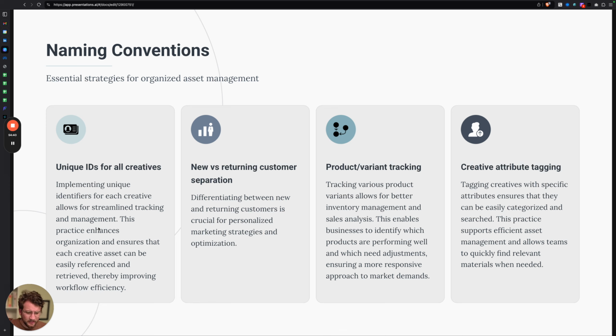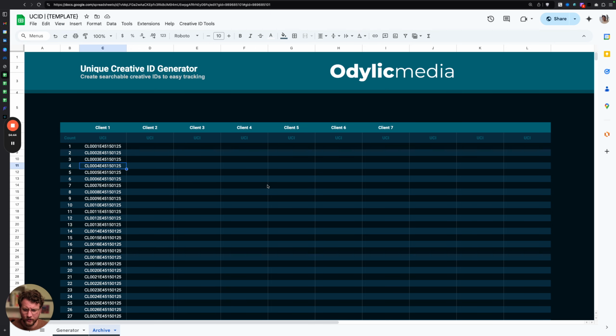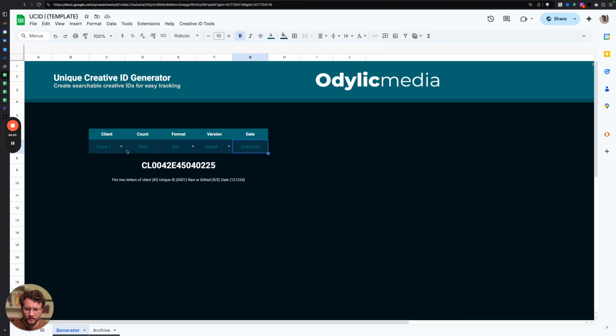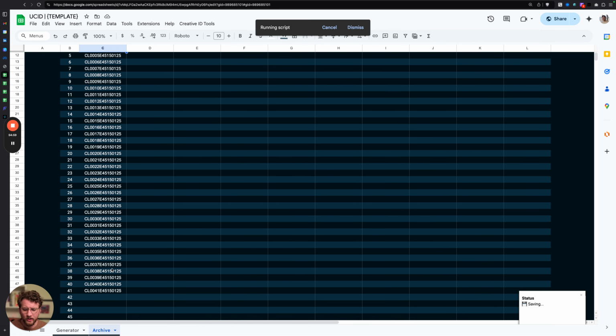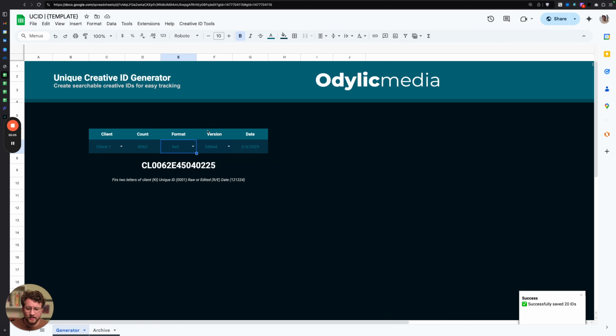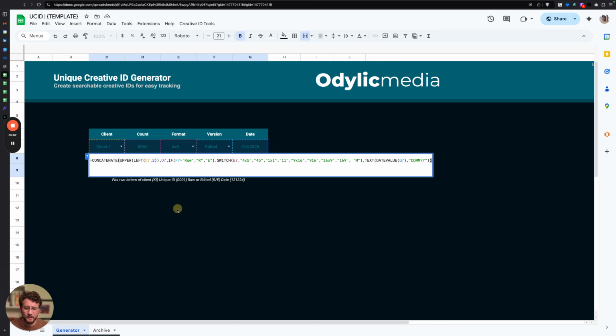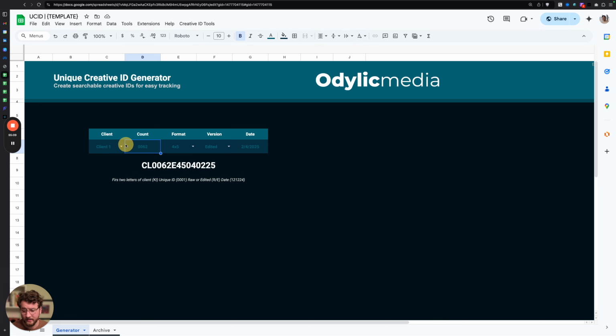Okay. Now, let me share these tools with you really quickly here. First, we have the unique creative ID generator. All this does is it takes inputs from the drop-down menu. We have a custom app script here. You can save the creative ID, or you can bulk save it, and then it'll add it to your archive, and then you can just take these creative IDs and copy and paste them onto the file names of your assets. Very customizable to whatever variables you want, but right here this is set up for agency,